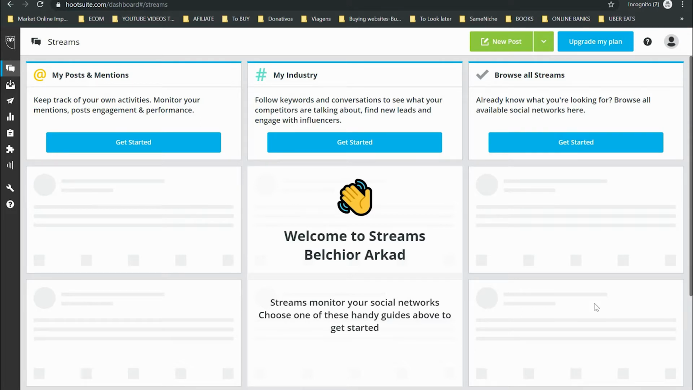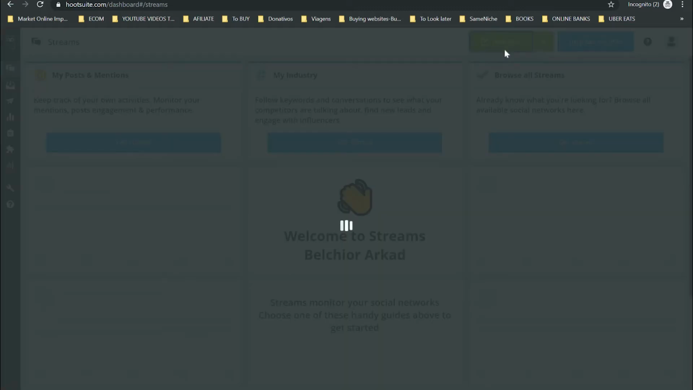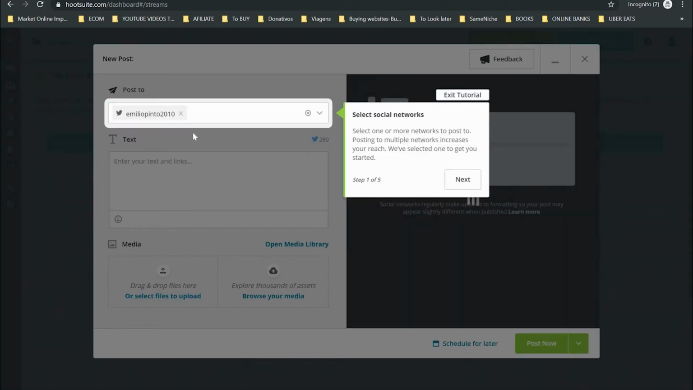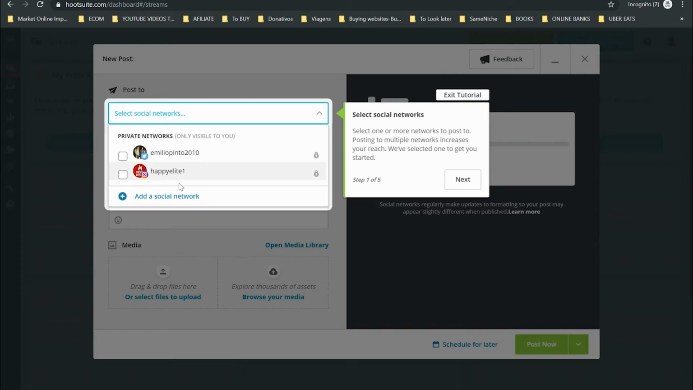We can make it beautiful. We can post several times per day. Later on we can talk a little bit more about how to organize your streams on your home page. But first of all, let's see how to post, because it's more important than just organizing your streams. New post, and then select your social media accounts. Let me say I'm gonna use this one, and then